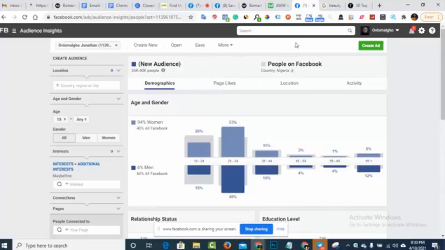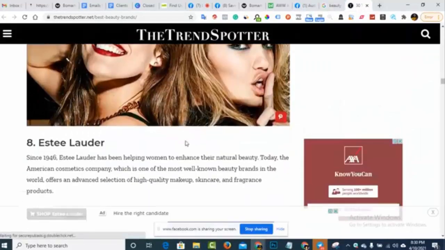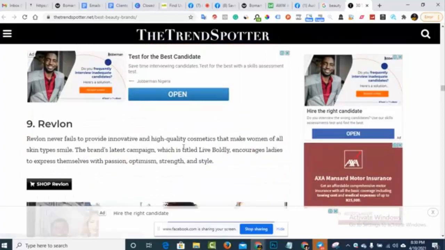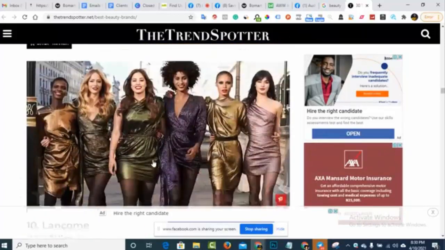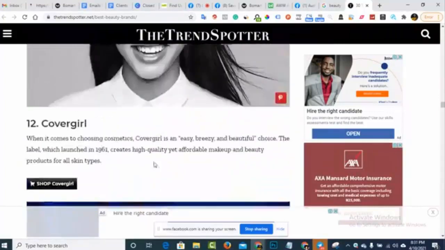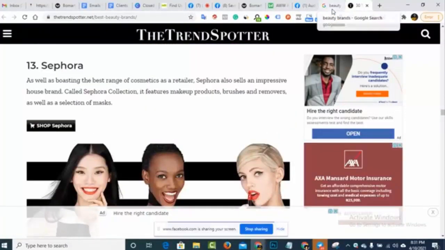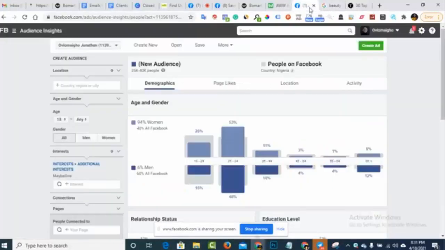So what I mean is, for instance, we can now say we want to add another interest, like Revlon, or Sephora, for instance. Yeah, Sephora.